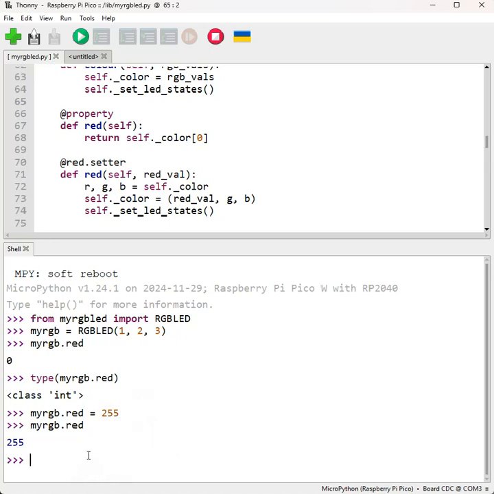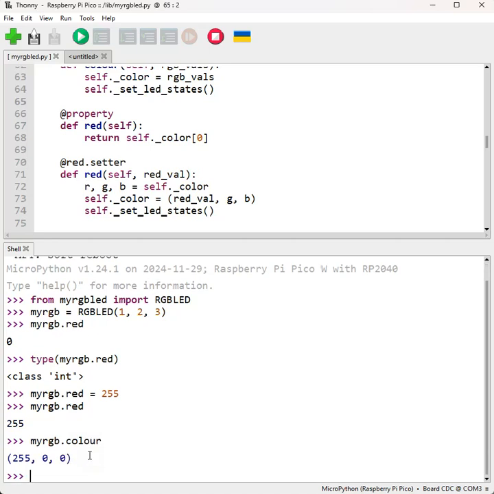And then you can say, well, if red is 255, what is the color? You don't spell color like that. Americans miss out the U. I missed out the O. There, and you've got your tuple, which is 255 0 0,